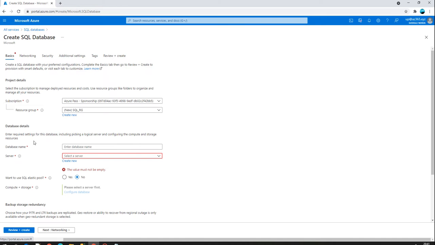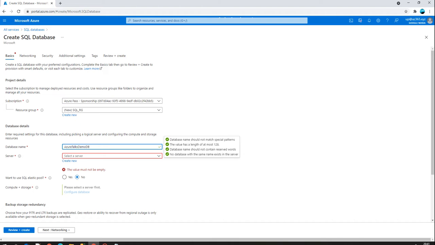Now this is done. This will be more on creating a database name. So I'm creating a demo SQL database. Okay, and then it will ask me the database name, so you can make it Azure Talks DB, or maybe